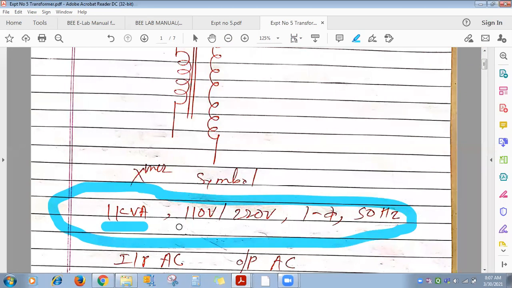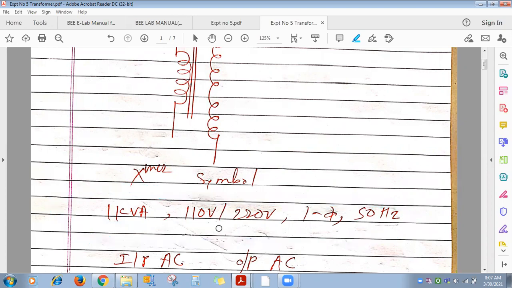Its specifications are given as follows. Every transformer is not open; it is covered with an outer metallic body, and on that outer metallic body you will see a rectangular nameplate, and on that nameplate these specifications are written. So for the 1 kVA transformer, on the primary side, how much voltage are you going to apply in this experiment? 110, correct, 110 volt, and on the secondary you will get 220 volt. Does that mean it is a step up or step down transformer? Step up. Step up transformer.